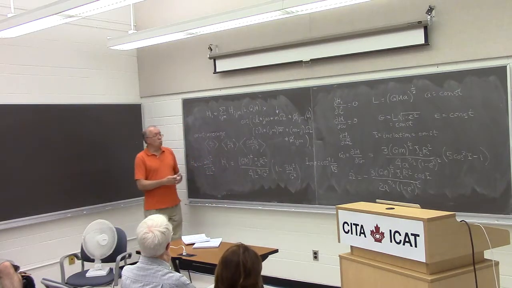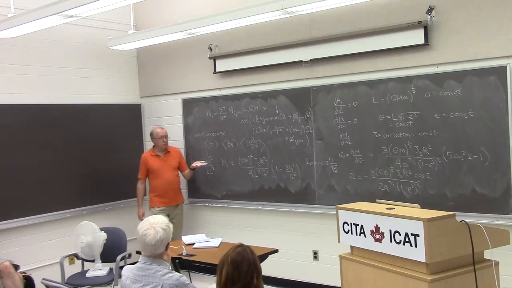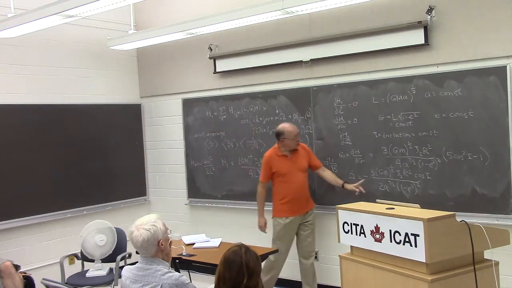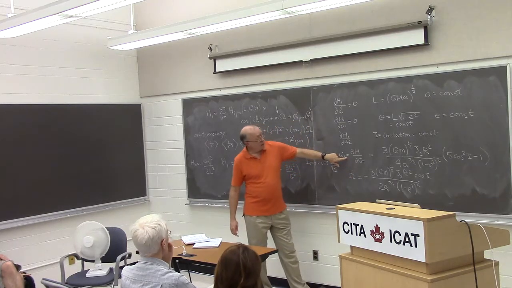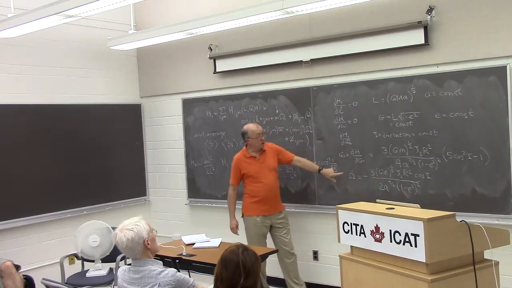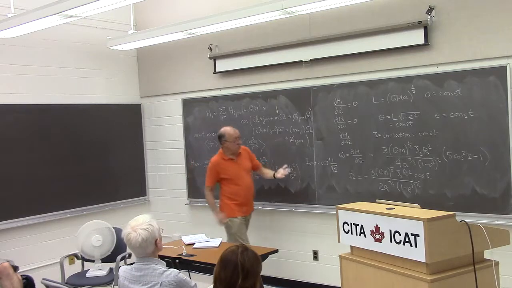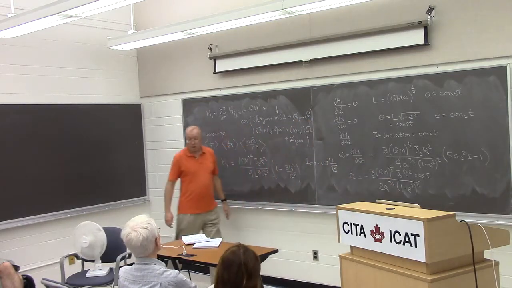And again, what I'd encourage you to do is to think about how you derive these results without using these tools. It's actually not very hard to derive this one and this one for circular orbits, but I wouldn't want to try to do it for eccentric orbits, and this gives the full eccentricity dependence immediately.